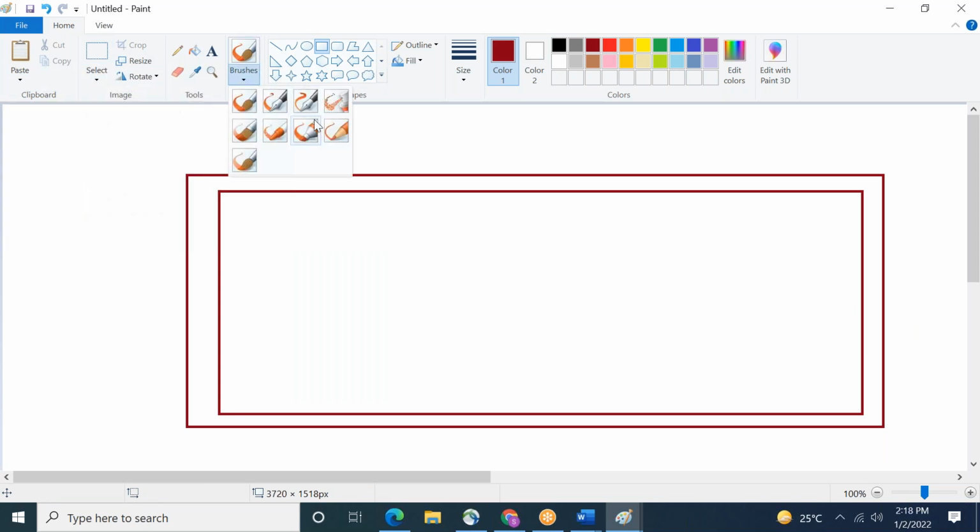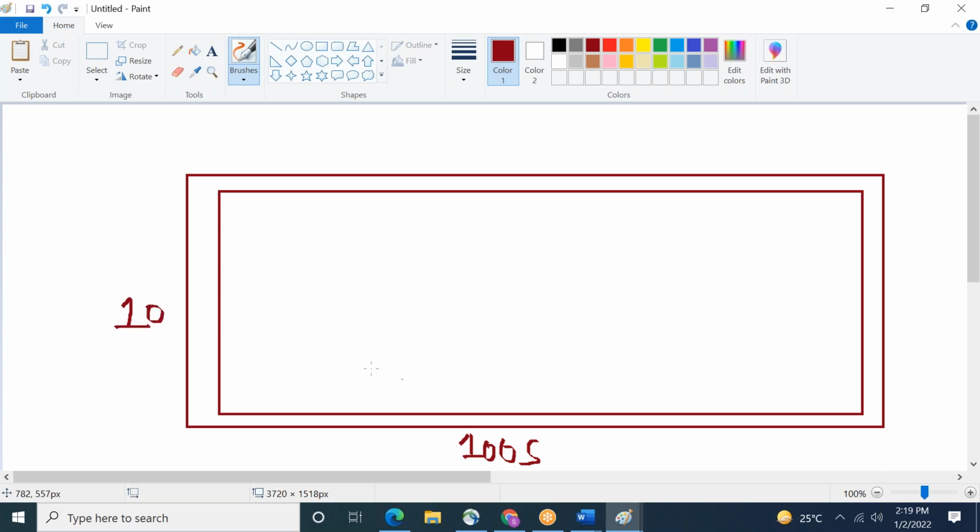Area means you have an x-axis, like you have purchased a flat of 1000 square foot. The x-axis is 100 and the other side is 10, so if you multiply, it is 1000 square foot. In this area, you have to build your house.